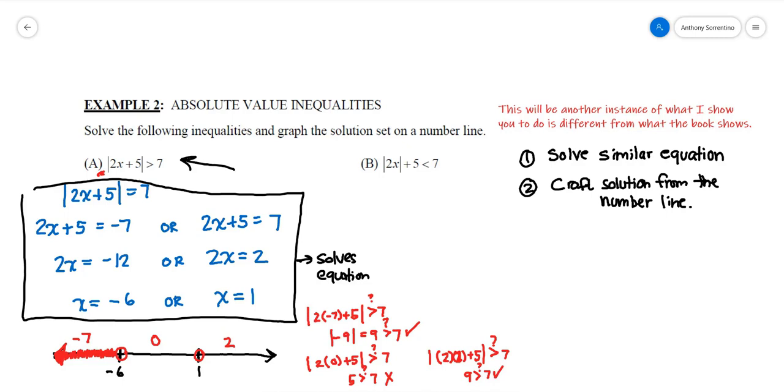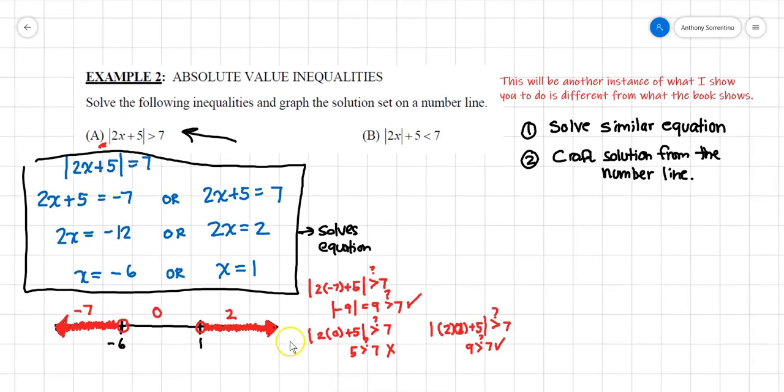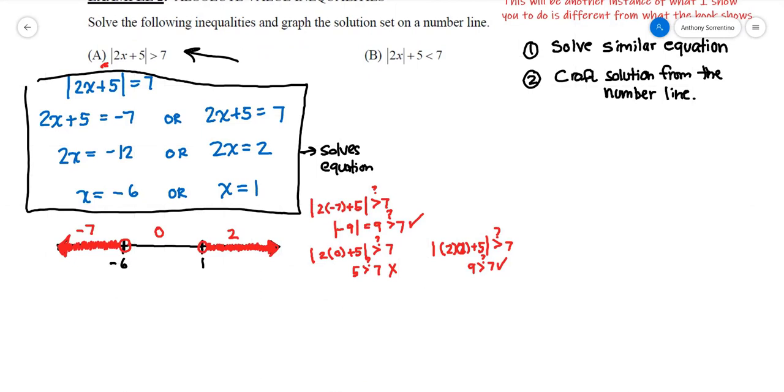So 2 makes the original inequality work, and therefore anything in the same region as 2 should also do the same. There is the answer to my inequality for this on the number line. So I use the number line to then state what the answer is. And if I state it in interval notation, my solution, in interval notation, I could say that it's all x's